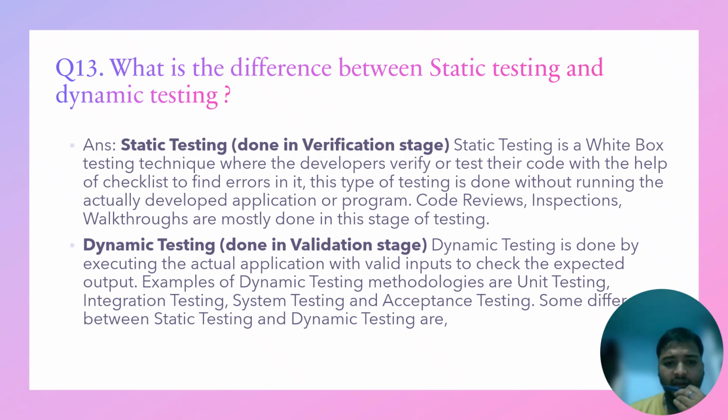Dynamic testing is done in the validation stage. Dynamic testing is done by executing the actual application with valid input to check for unexpected output. Examples of dynamic testing methodologies are unit testing, integration testing, system testing, and acceptance testing. Some differences between static and dynamic testing are: